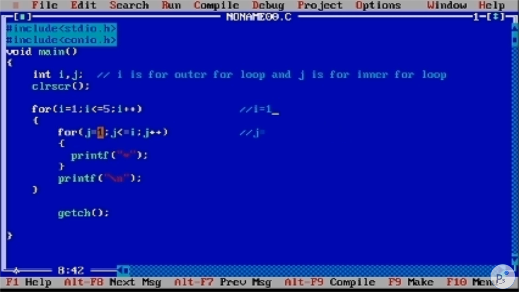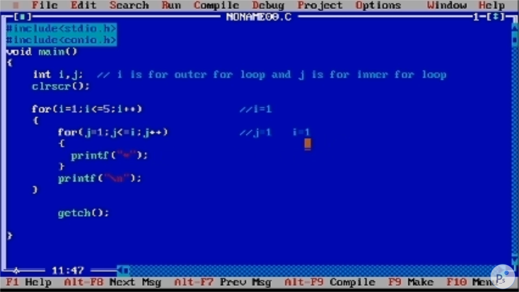Okay, so it will come up here, and the value of j is 1 initially. j is less than or equal to i, where the value of i is 1, and 1 is less than or equal to 1. Yeah, the condition is true, so it will come up here and print our star.